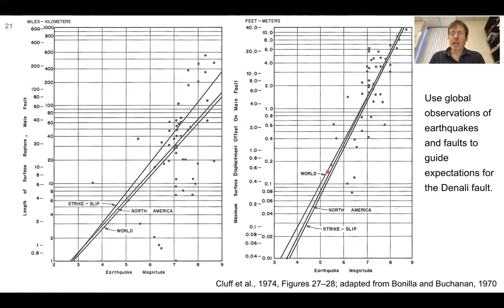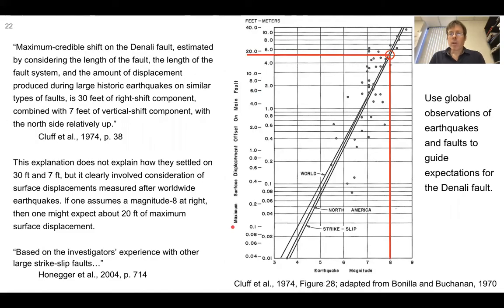They all show that as you get to larger earthquake magnitudes, you can get up to, in this case, 20 feet or more displacement. And the one on the left is showing the length of the fault rupture compared with the earthquake magnitude. But of major concern is the expectation of how much lateral displacement might be expected on a fault of this size. And so here to show a little more, magnitude 8 in the vicinity of 20 feet,